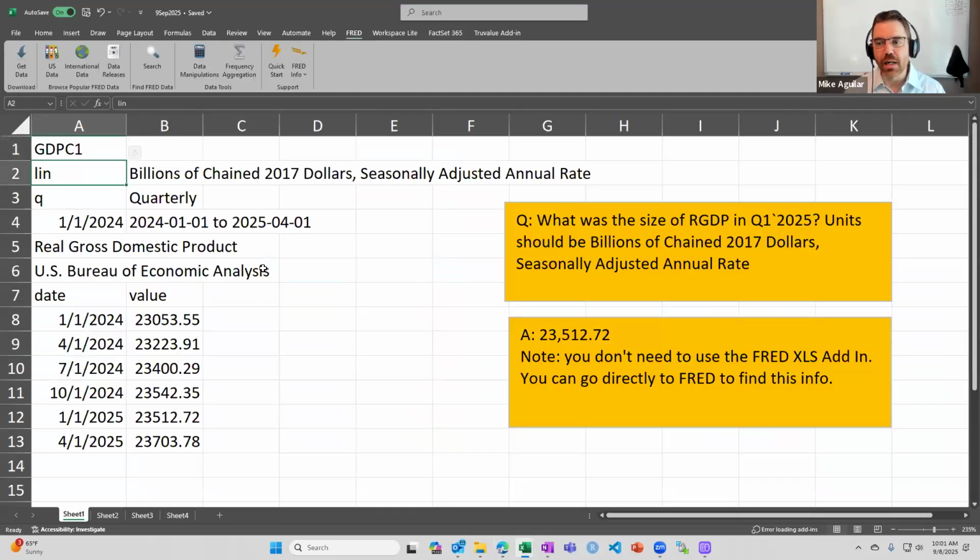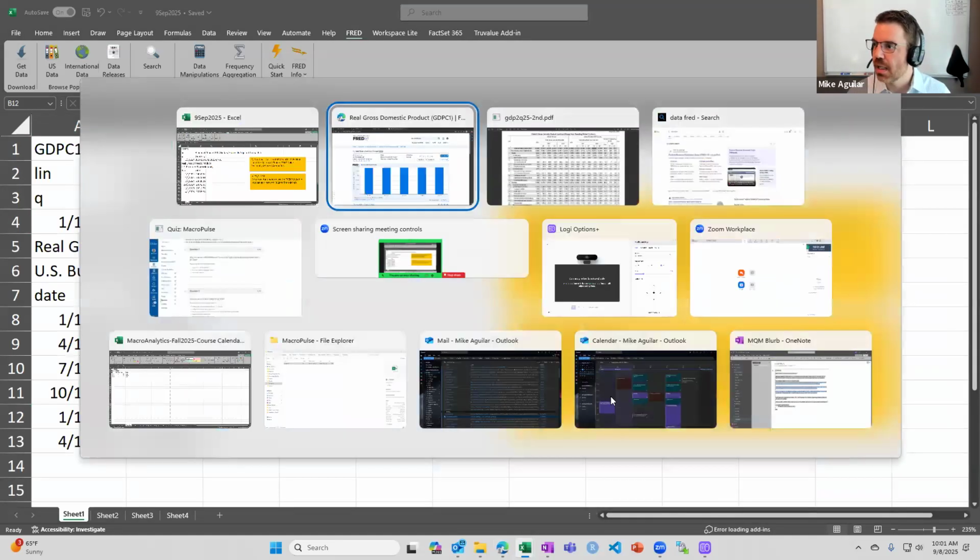A2, put in Lin. What is Lin? No transformation. Put in Q for quarterly. I put in since the beginning of 2024. You click Get Data, and Q1 is 23512.7. In just a few seconds, I gave you 3 ways to answer that question. Next up,